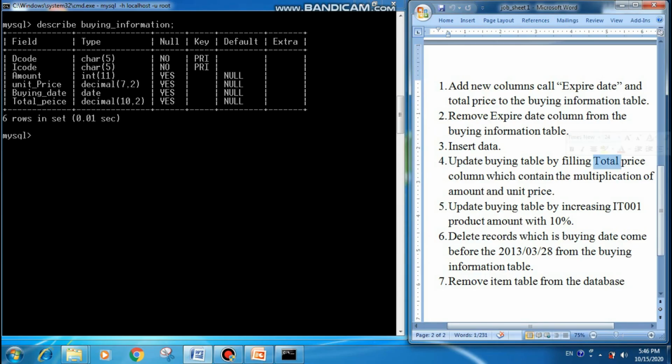Now we are going to edit records in our table. Question 4, I am going to update the total price field. For that I am going to use the update keyword. Update table name. Then I am going to put the set keyword, set.